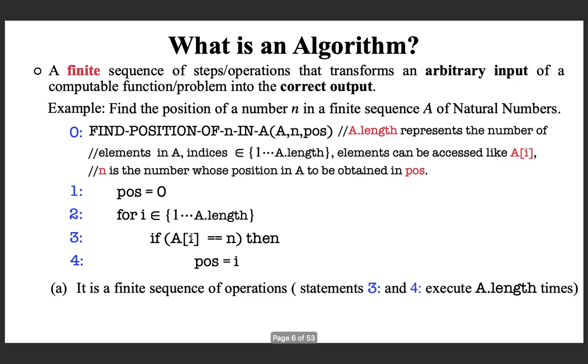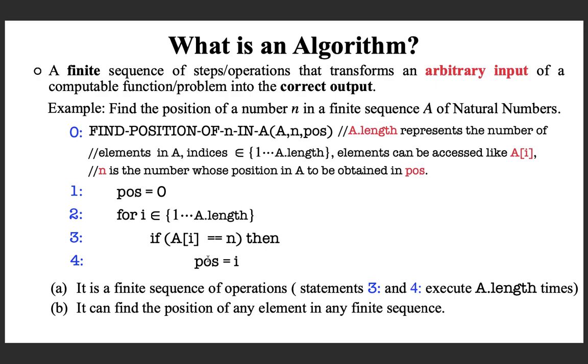You can see that it is a finite sequence of operations. When I say finite, there is a loop, but you can easily verify that the statements inside the loop execute only a bounded number of times. If there are 100 elements, only 100 times. So, it is a finite sequence of operations, not an infinite sequence.